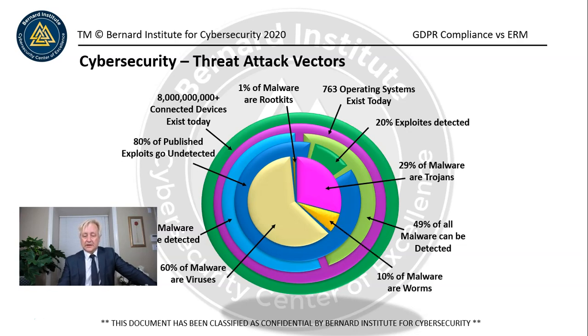And 10% are worms. Now, worms are very nasty. Some of them are intelligent. Some of them go back. They reach back to the Common Vulnerability Database or another source to identify what the vulnerabilities are with a particular system once they've done a scan, once they get inside of an organization. Some of them are very serious. Worms are very serious. You probably heard of the Stuxnet.